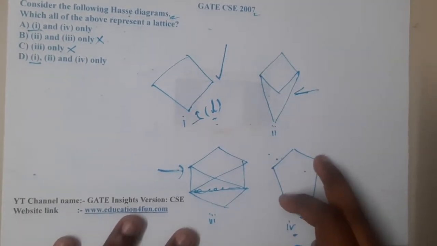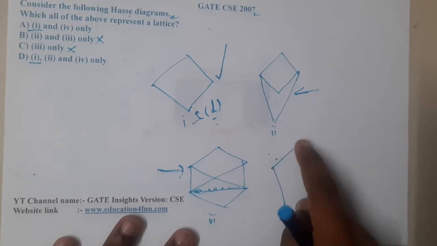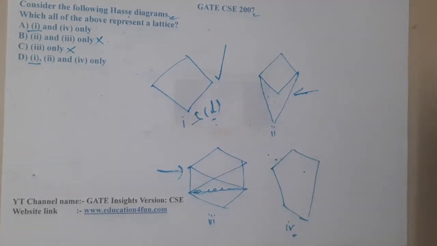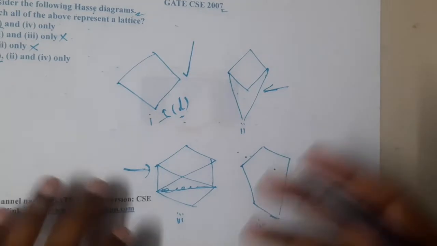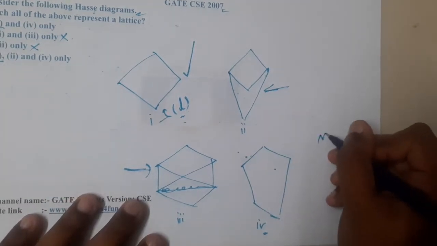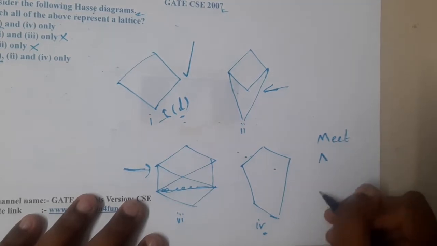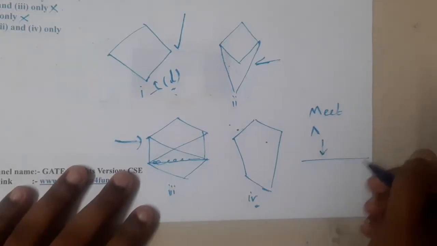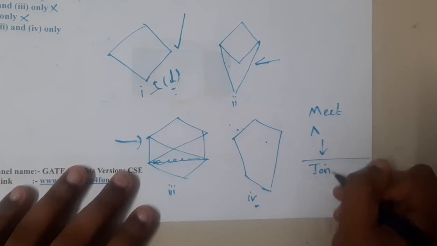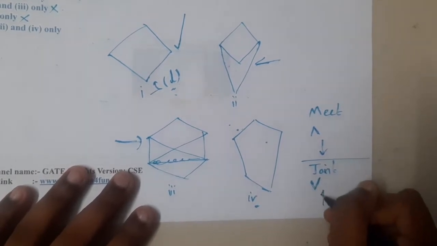So basically if you do for these two, you will get this. If you do for these two, you will get the top as this. I'm using the words top and bottom because the exact words can be a bit confusing. If you want the exact words, we know meet will be represented in this symbol, so meet will be in the downwards direction. Similarly, the join will be represented in this way, and you will search for the top.